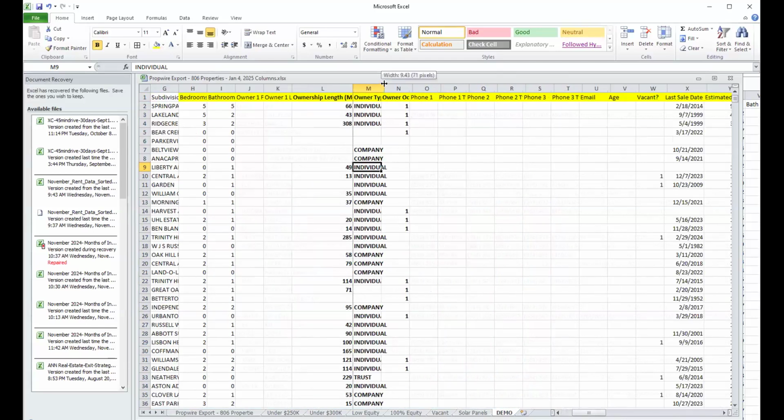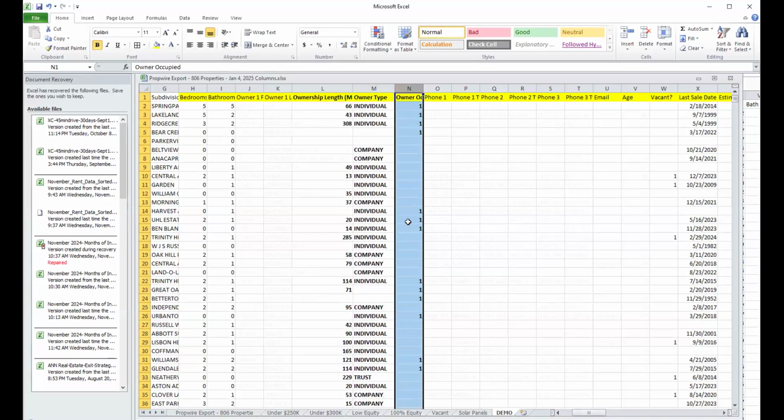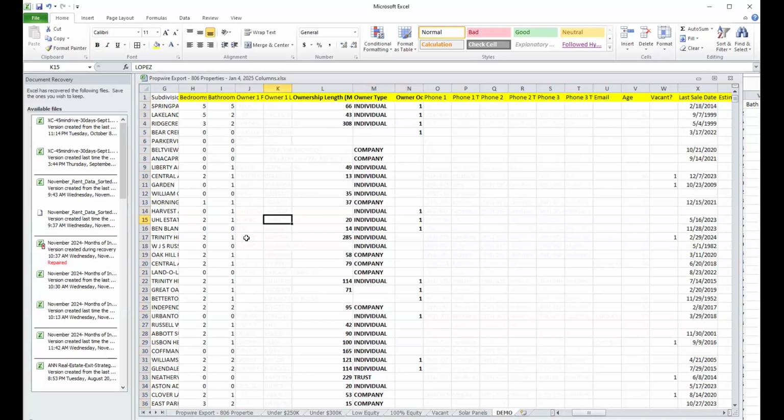Then we have what kind of ownership type this is. Is this an individual or a company or a trust? Depending on what your target type is, you might decide to target only individuals or only investors. Is it owner occupied? If it's owner occupied, you could have one approach, or if not owner occupied, you could have a different approach. We would have an owner name. Now, for privacy reasons, because we are showing an actual live table, I'm not displaying names, but the names are in the table. So you know that they're available in case we wanted to download this list.